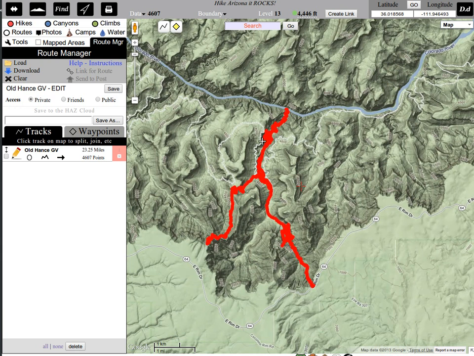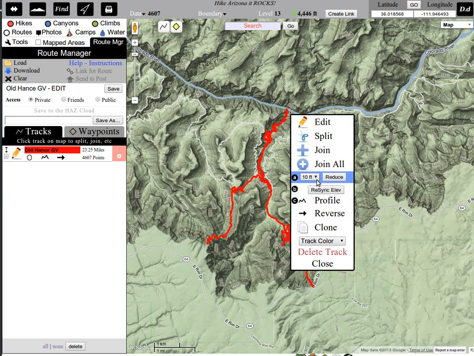Looking at this, the first thing I look at is the number of points. I don't want over 200 points of data. It's just too much. That's over a point every 26 feet. It's just too much data. 23 miles times 200 comes out to 4,600. So it's at the top. I usually go with about 100, so I'm going to go ahead and reduce this thing